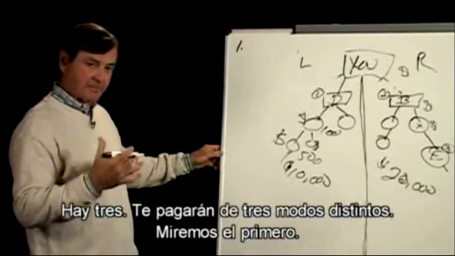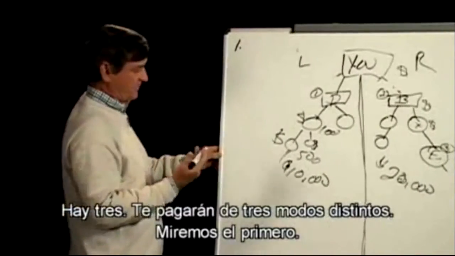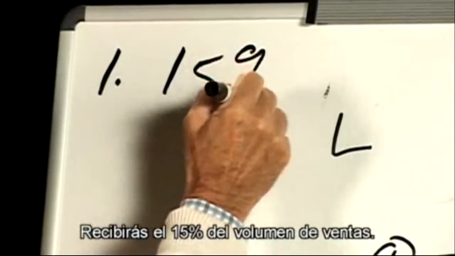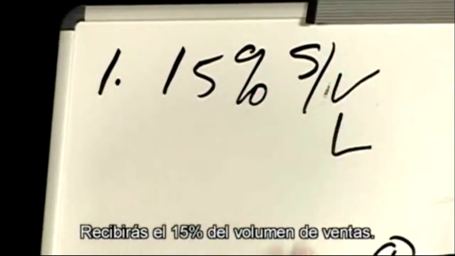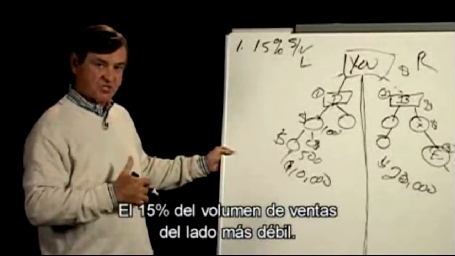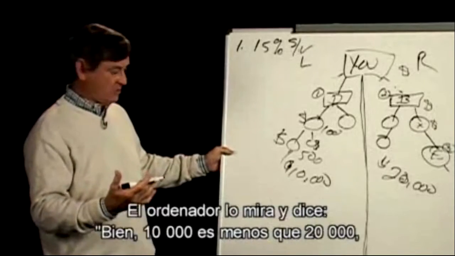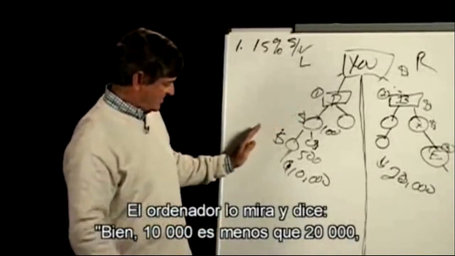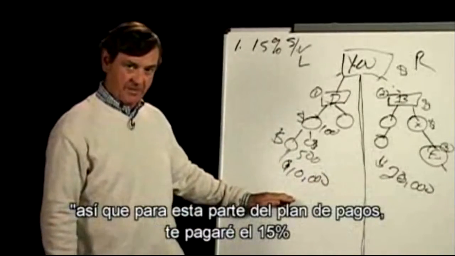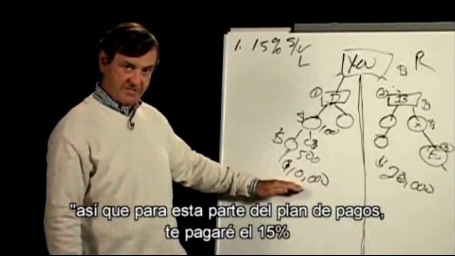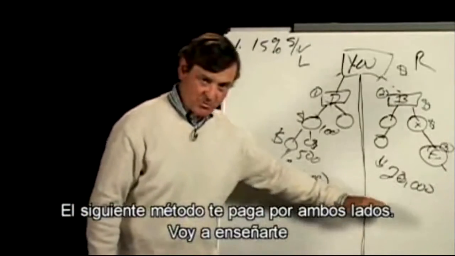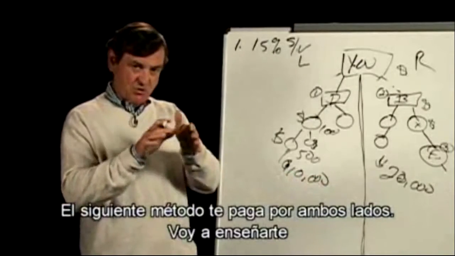And there's three. You're going to get paid three different ways, but let's take the first one first. And that is you're going to be paid 15% of all of the sales volume on the lesser leg. So the computer takes a look and says, okay, 10,000 is less than 20. So for this part of the pay plan, I'm going to pay you 15% of all of the volume in the lesser leg. Now the next part pays you on both sides, but I'm going to show you all three